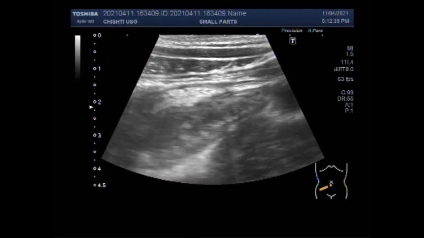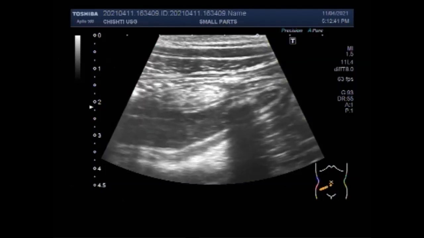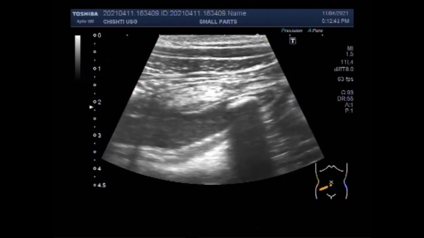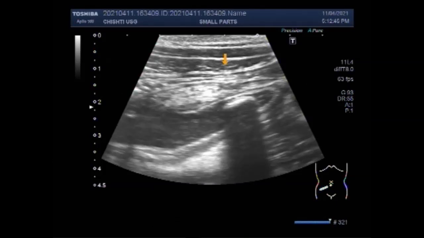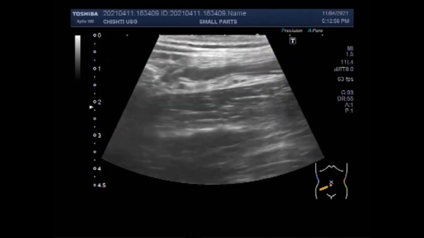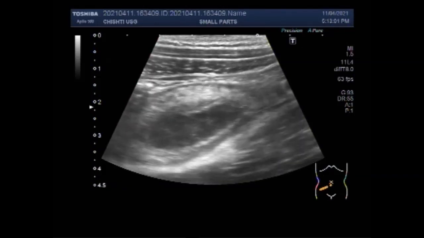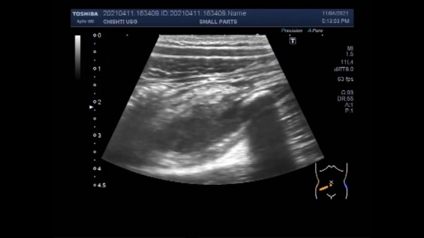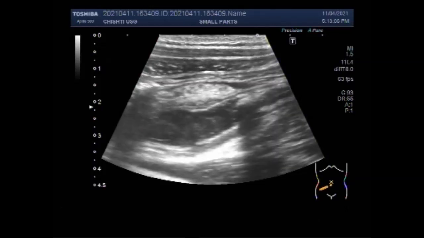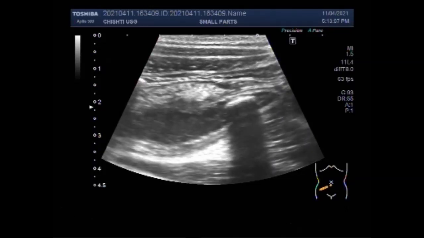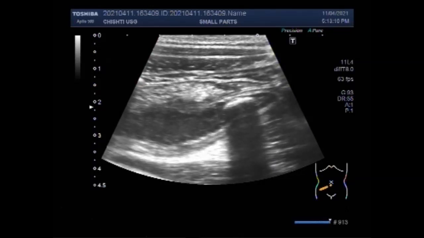Now, in this case, the patient is experiencing pain in the right iliac fossa with acute appendicitis. When acute appendicitis is suspected, you can scan the patient lying supine, and you can select a high frequency transducer, that is from 7 to 11 megahertz in this case. Now in this case, you can see the strong posterior acoustic shadowing of the fecolith.